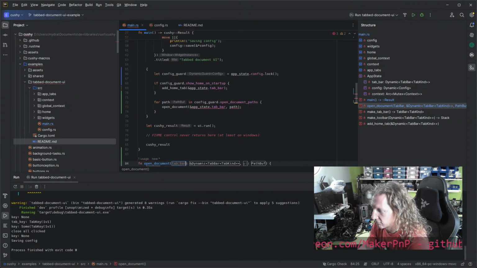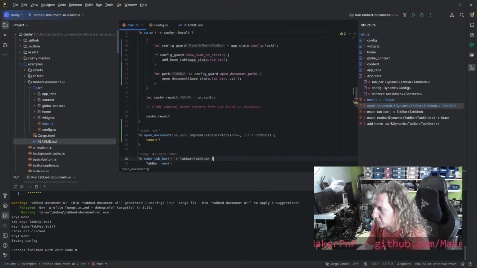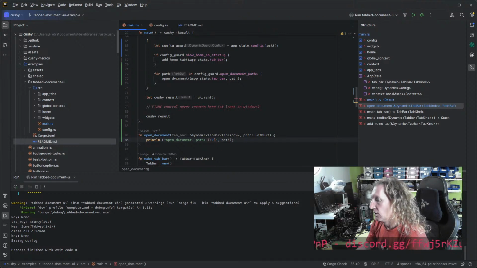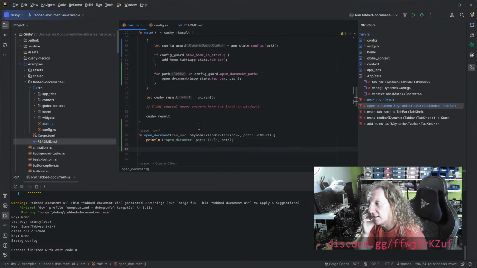It just feels wrong to be doing this. But we'll try it. Then what we've got to do is create a document. But